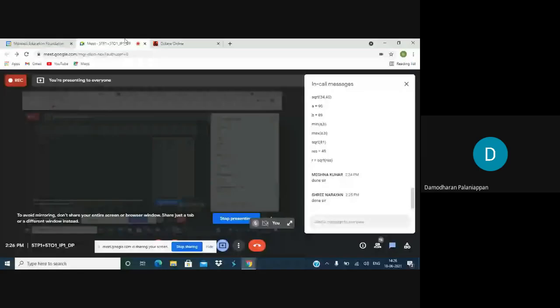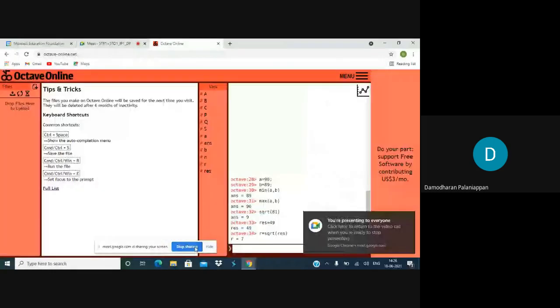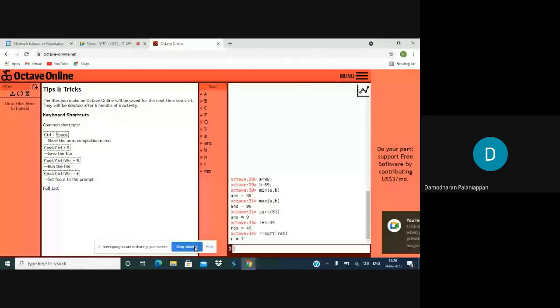You can close it. I'm not able to see the Agarwal screen. Yeah, now it is displaying. Okay, you can close it.